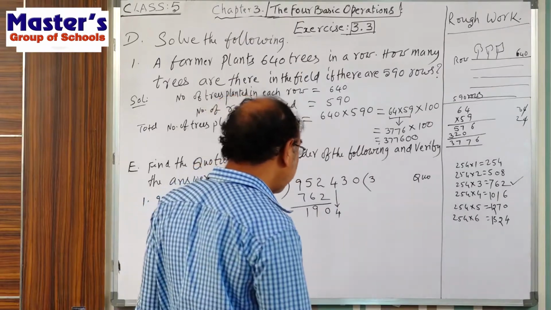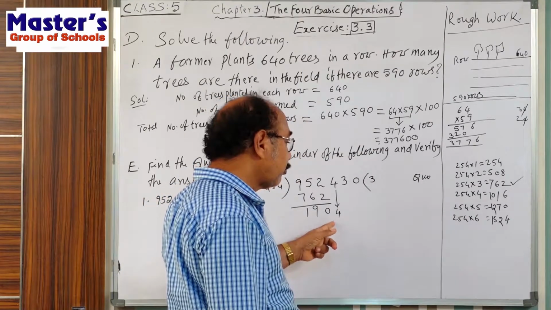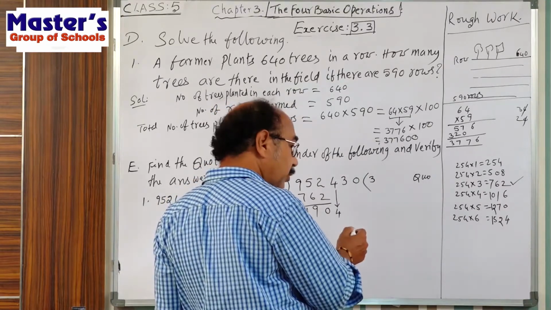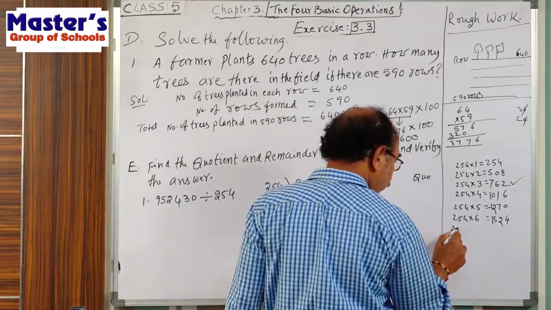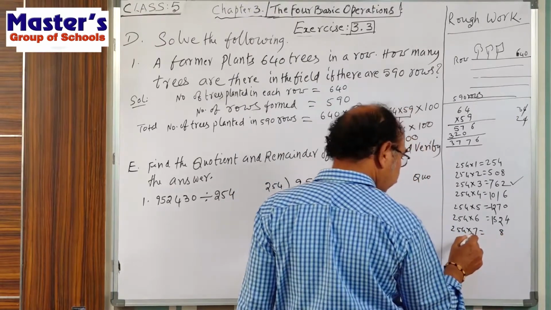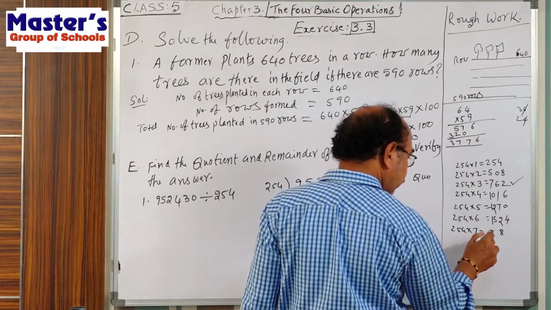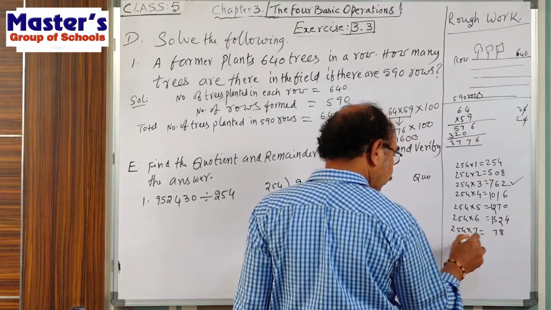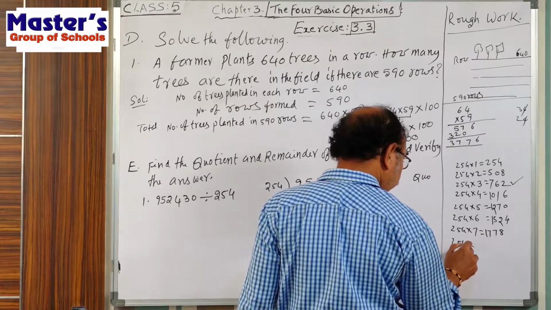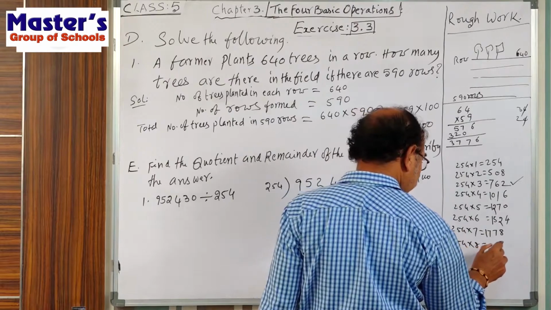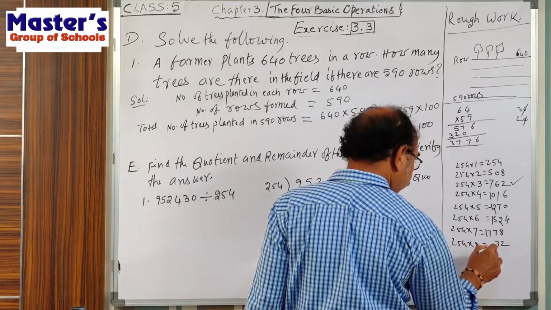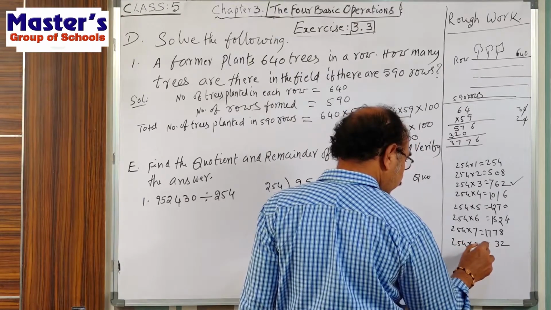Okay. So here the number is 1904. Nearly how many times? To reach nearly this extent, 254 into 7. 7 4s are 28, 2 is there. 7 5s are 35 plus 2 37. 7 3 is there. 7 2s are 14 plus 3 17. 1778. 254 into 8: 8 4s are 32, 2 3 is there. 8 5s are 40 plus 3 43. 4, 3 is there. 8 2s are 16 plus 3 19.